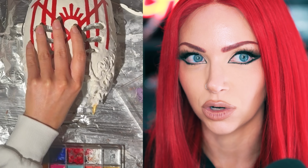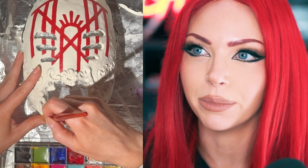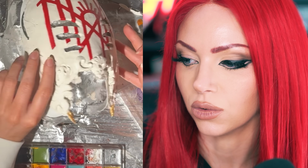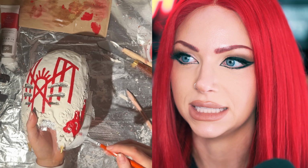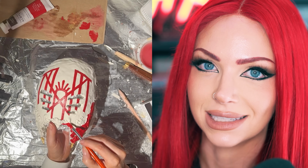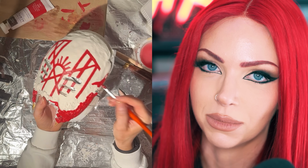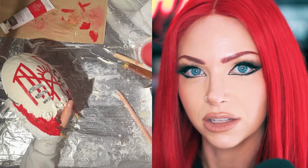There is technically more gold on the swirly parts of his mask, little highlights here and there, but I actually wanted to keep it as red, white, and black as I could, so I chose to only put gold on those little fangs. Then I painted the entire bottom half of our mask with all the swirly details the same color red as a base. Initially I thought I was going to leave the mask its natural color because it dries so close to white. It's an off-white, but it dries so close to white that I didn't figure it would make a big difference. And then I realized that the pencil that I used to draw all of my lines,